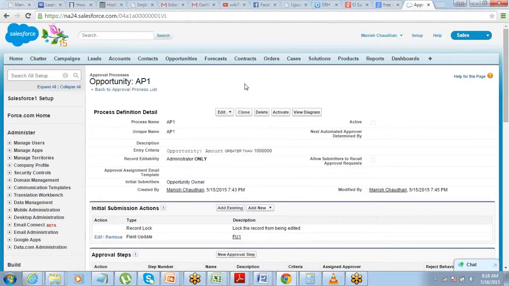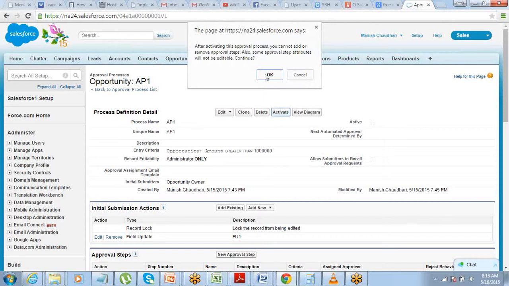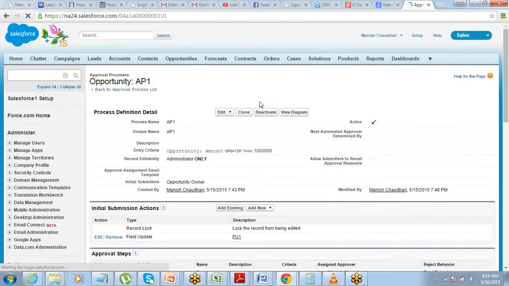Last thing, you have to activate the approval process. Only thing that we have to do is activate the approval process, and then we can test whether it's working fine or not. So let me go ahead and activate it. I'll just do a small setup change here.